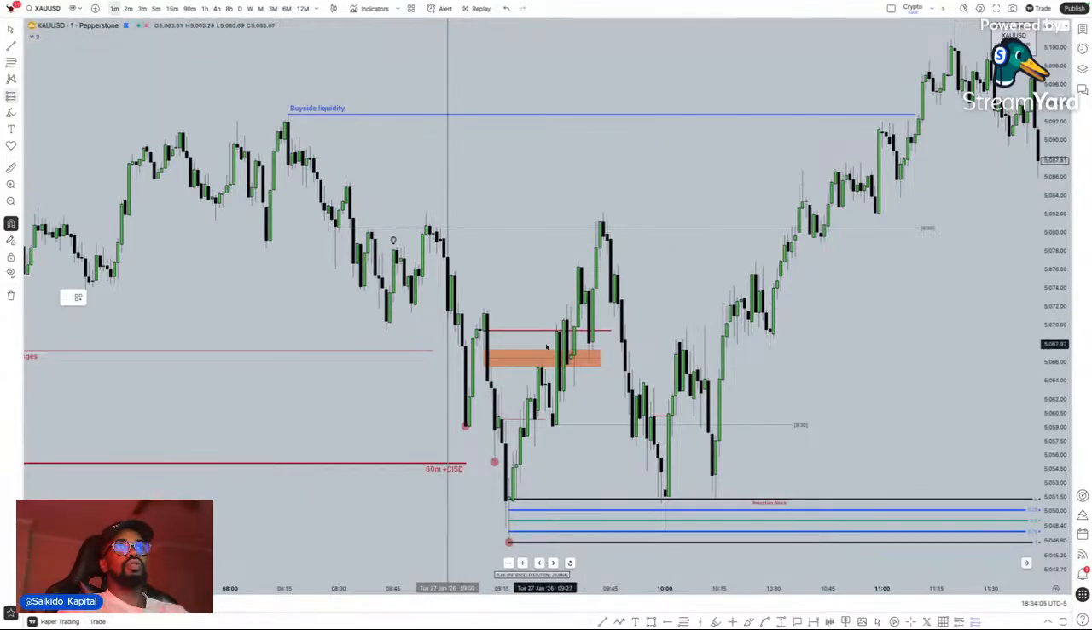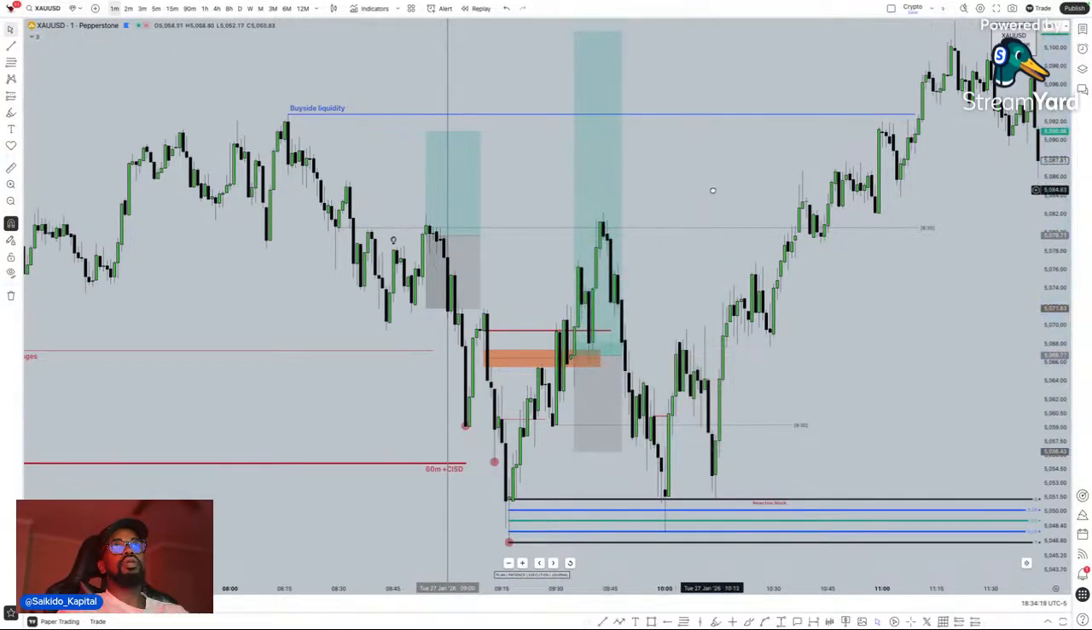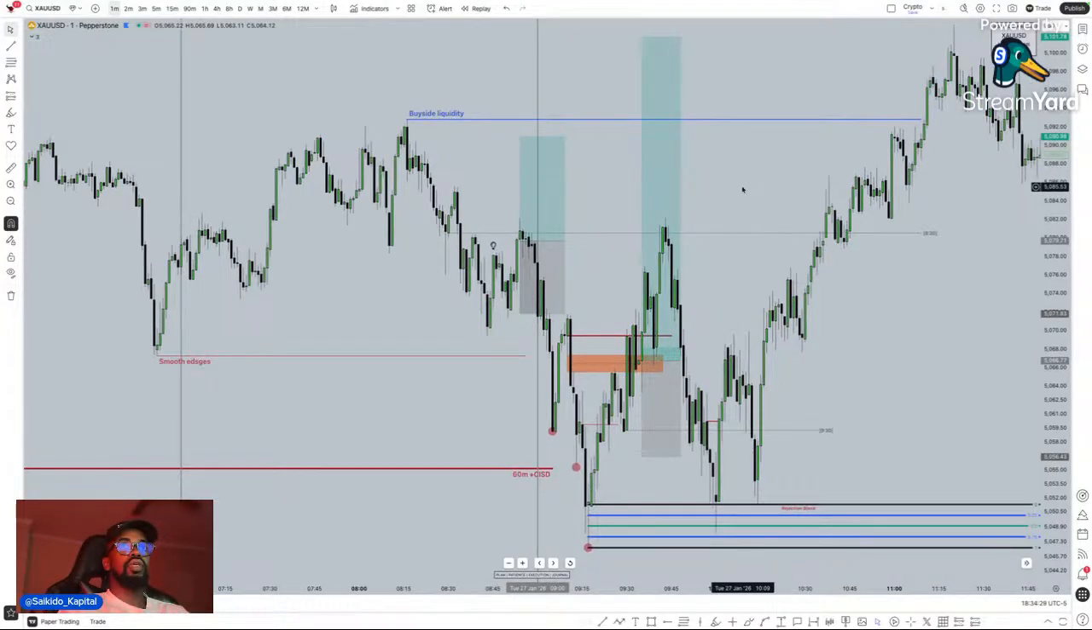So the first trade was up here, and the second trade was down here, and they all failed. So this is it. This was it, and this could be the last trade for the week even for me. But I'll see how Thursday and Friday behave after